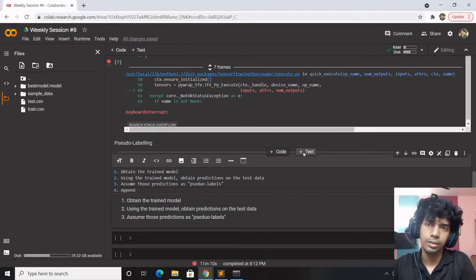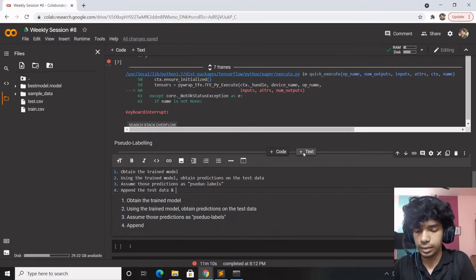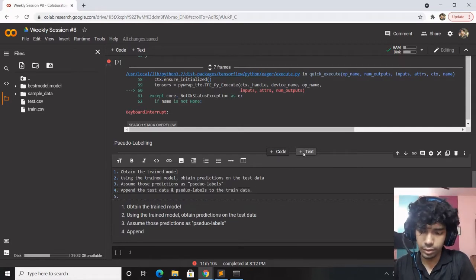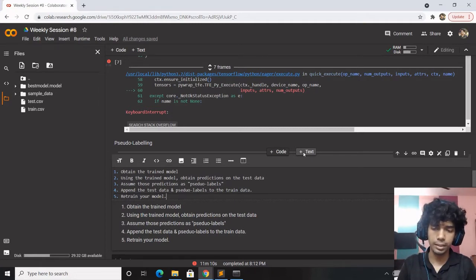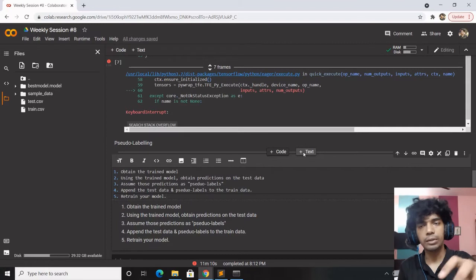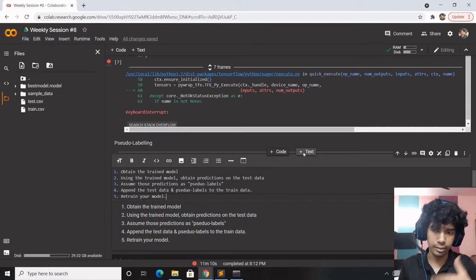Append the test data and pseudo labels to the training data. Retrain your model. This is a scratch overview. Ultimately the best way, the one which we discussed, is to train one deep learning model, then do several rounds of pseudo labeling, then rectify it by training on real data, and again. This keeps on, but if you want a shortcut, this is a good shortcut.